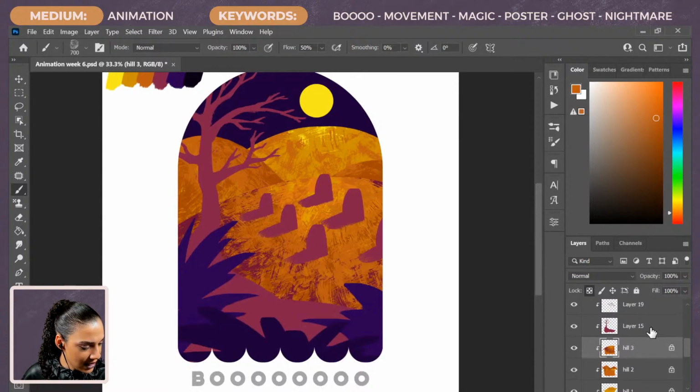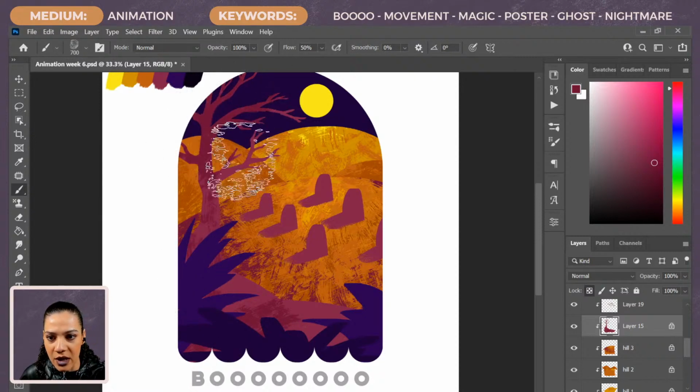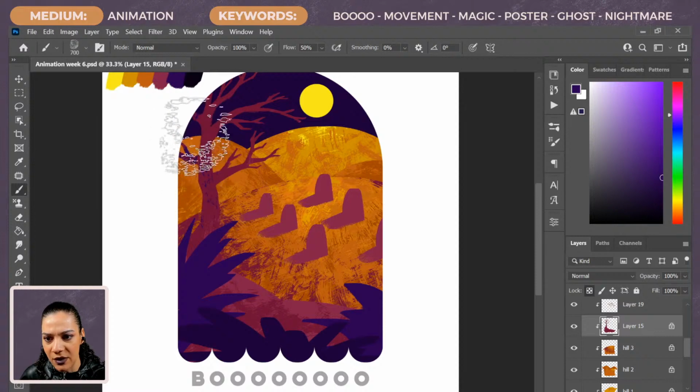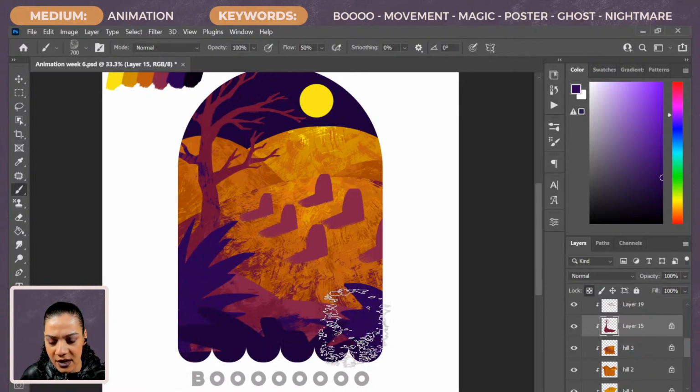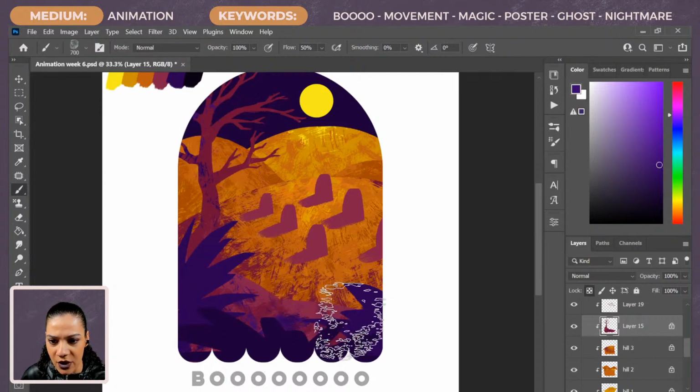So there's hill number 3. Let's come in here to our tree layer. Let's lock the transparency on this. I am going to sample this dark color and we're gonna kind of scribble this in here to the tree. And I'm gonna grab some of this purple as well, and put some of this purple in here just to kind of fade this up from the background, and we can make it a little lighter if we want to, just to pull that out. There we go.